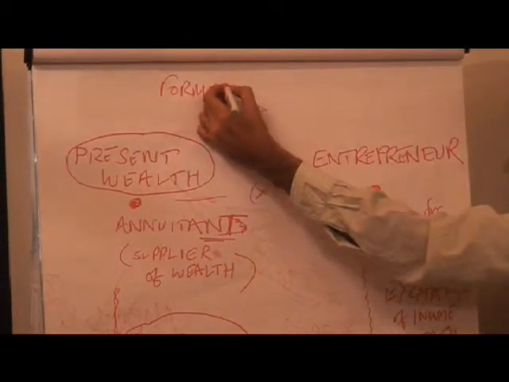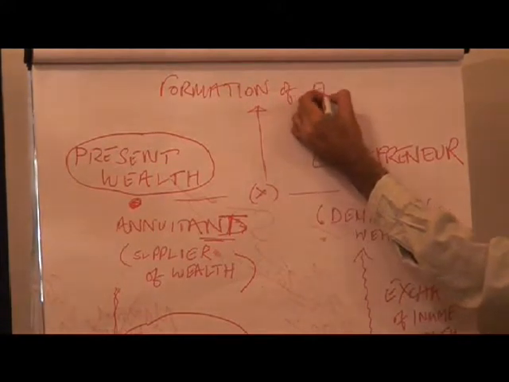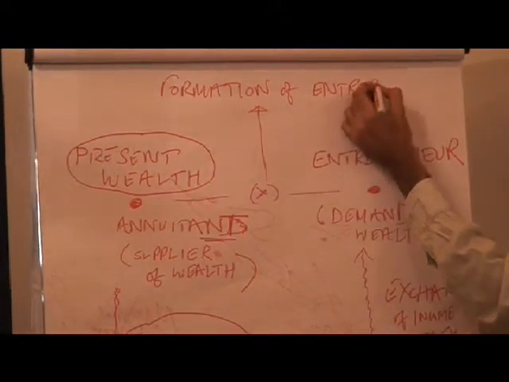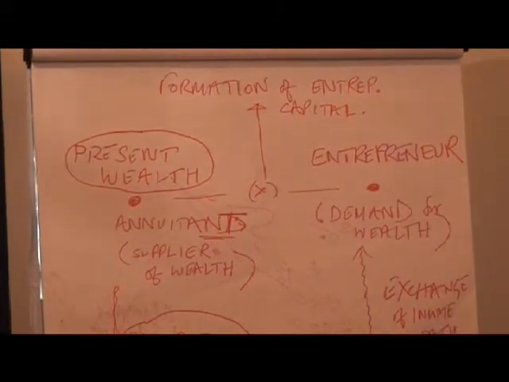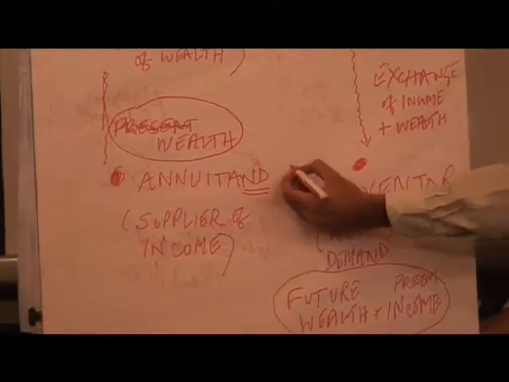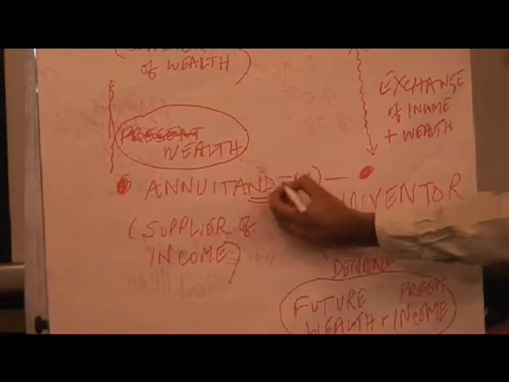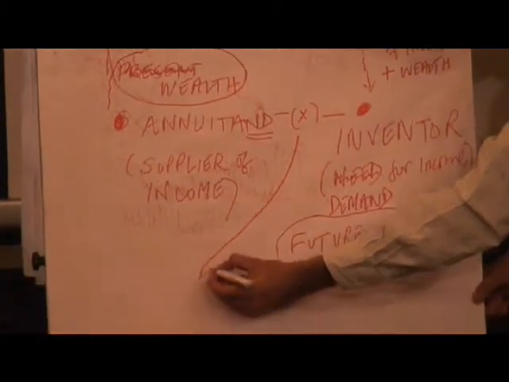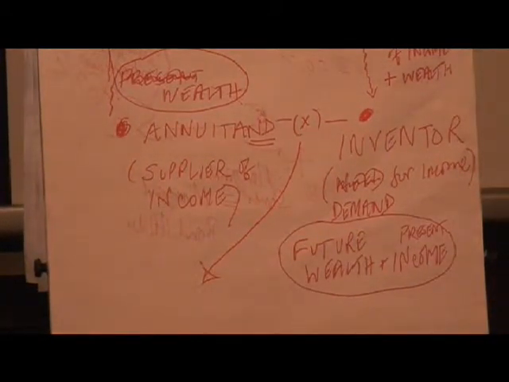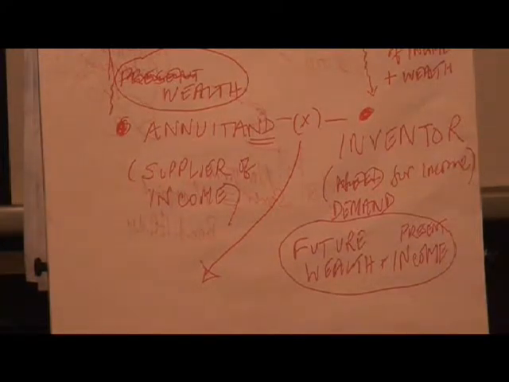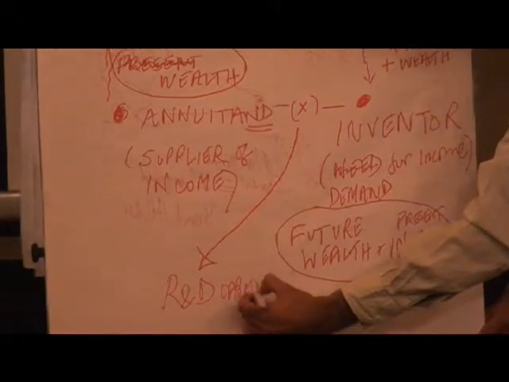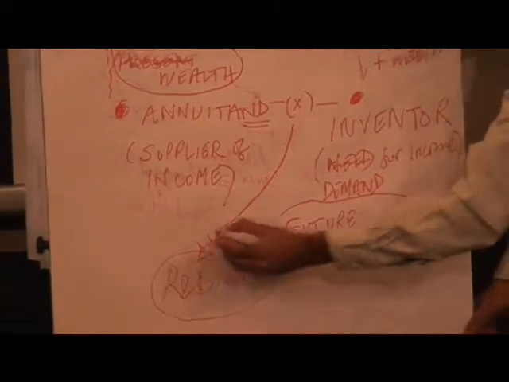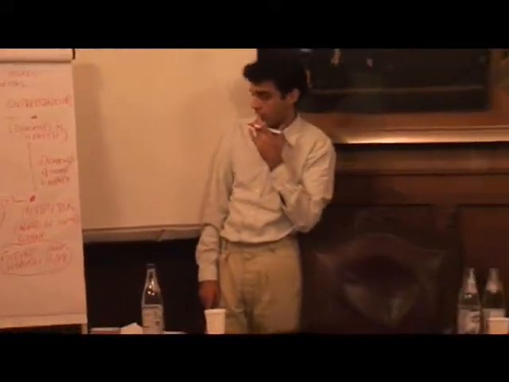Now, in the same way I'm asking the question, what about R&D capital? How? Annuitant inventor. Yeah, the lower horizontal pair. See, as soon as they agree, these two, bingo, there is new R&D capital. You see, the interesting thing is that all the ingredients are there, but if there's no agreement,